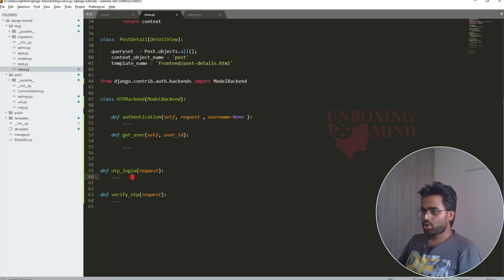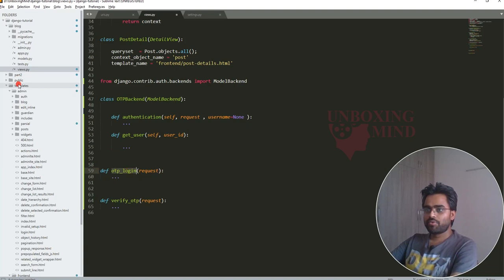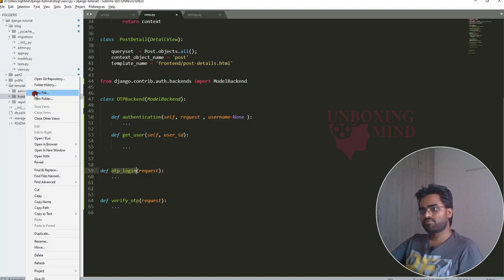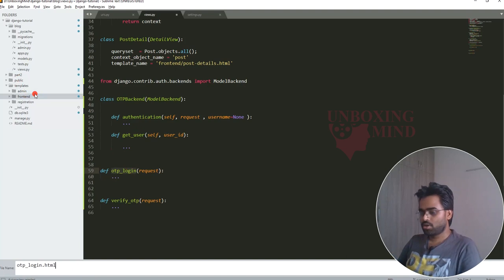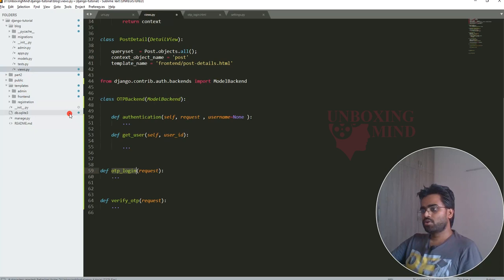So we have designed our basic architecture for this demo. Now we are going to put some code here. For OTP login, we need to create a page, so we need to create a template. The template will be in the front end. If you don't know how we are using the template, then you can watch our old videos. For now, we are going to create a new template here in the front end.